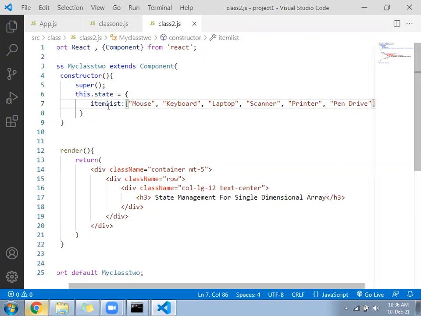Okay, so these all are the items we stored in an array.